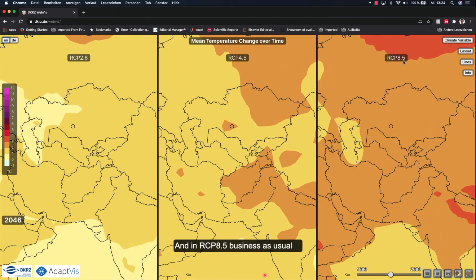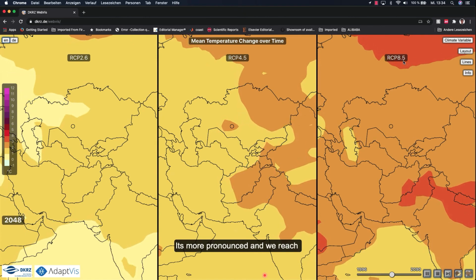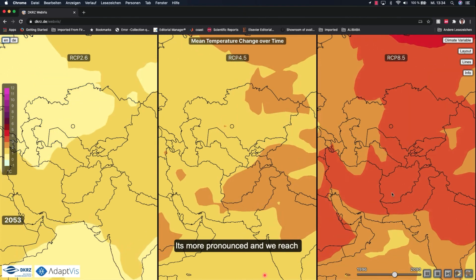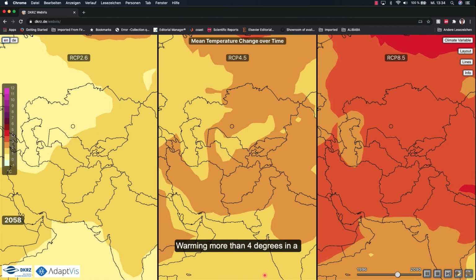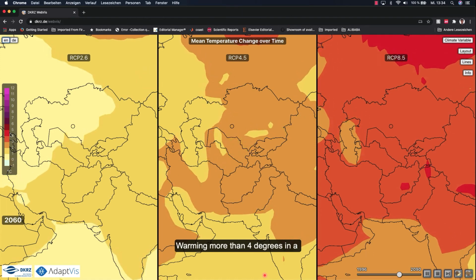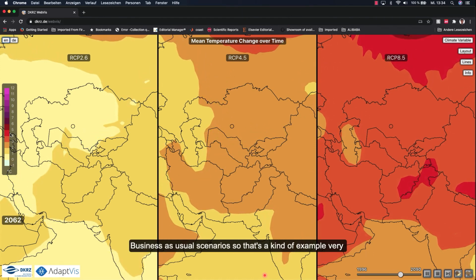And in RCP 8.5, business as usual, it's more pronounced, and we even reach warming of more than 4 degrees in a business as usual scenario.